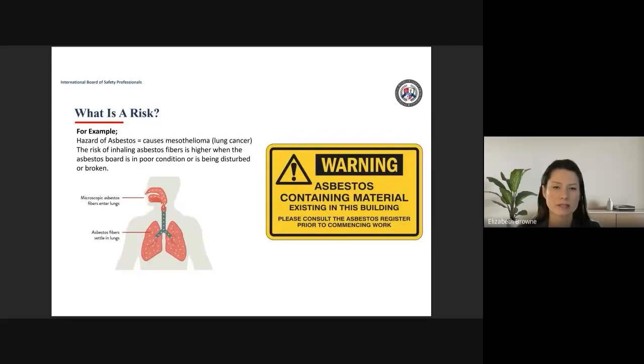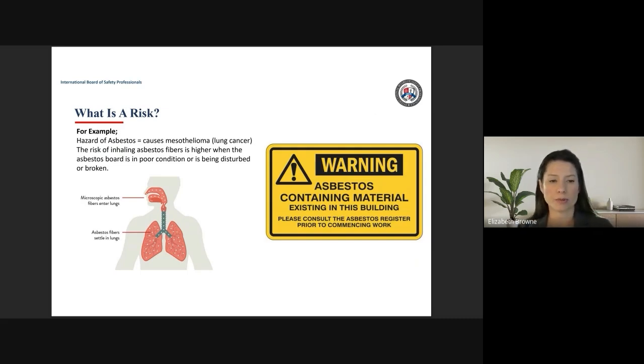All right, so a risk. Let's look at this on a more quantitative level in terms of employee hazard exposure at work. An example, hazard of asbestos. Asbestos exposure can cause things like mesothelioma, lung cancer. It can cause something called asbestosis. There are a lot of different processes where asbestos exposure can occur, and employees, if they're at risk of inhaling asbestos fibers,